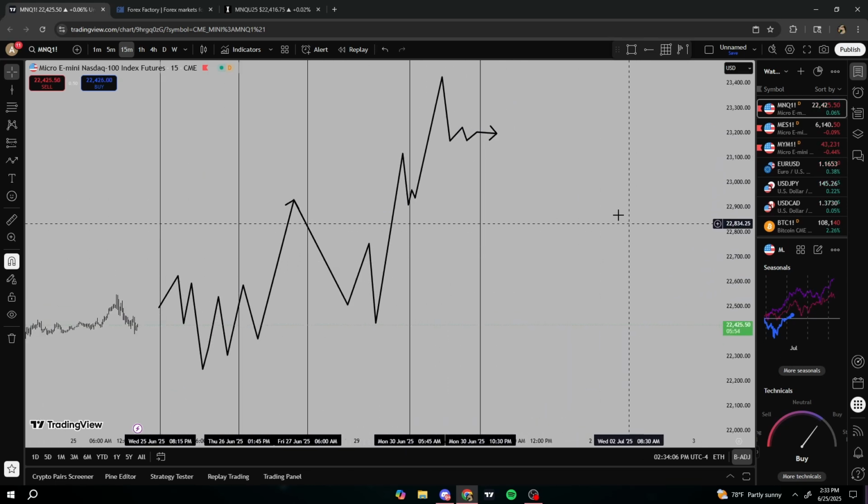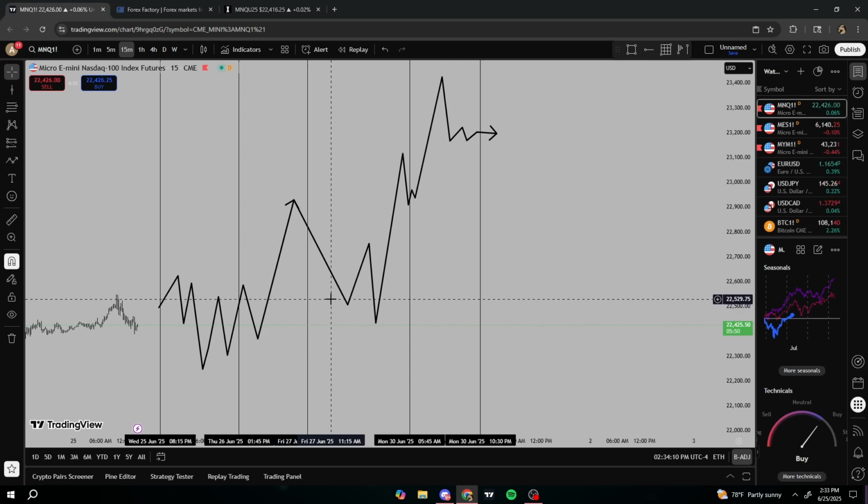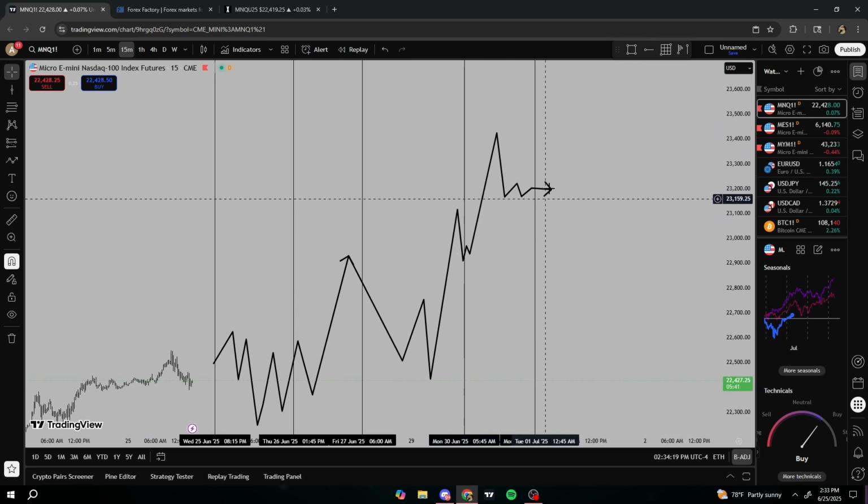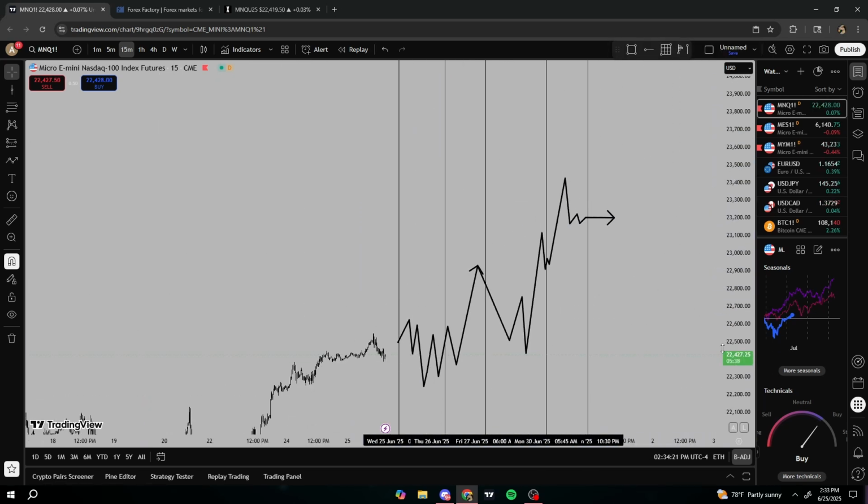You can see this lines up with the 4 elements of the market maker model, the 4 elements of a market. This video is getting long, so I'm trying to talk fast. We consolidate, expand, retrace, expand, and maybe we have some type of reversal and consolidation. Right? So that's how